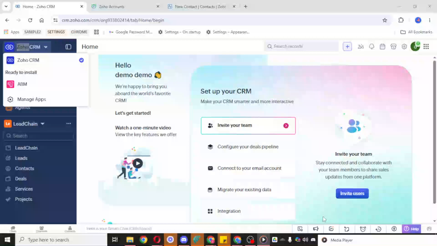In today's video, I'm going to teach you how to export data in Zoho CRM. If you need to download your records for reporting, backup purposes, or to work with the data outside of Zoho CRM, the export feature makes that process very straightforward. I'll walk you through it clearly so you can follow along without any confusion.